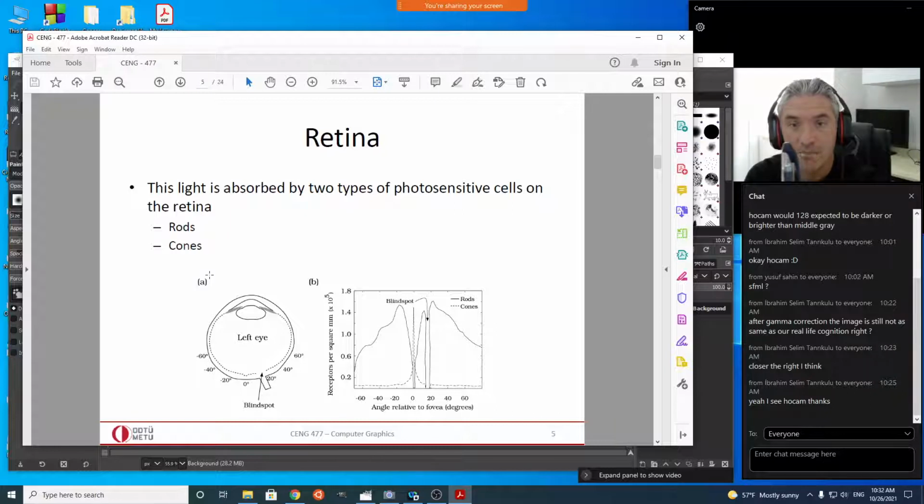But you may see that when you move the object to your periphery, even though you do nothing about the change in lighting condition, you may be able to see it when it's in your peripheral vision. Which shows that certain cells that are in our periphery are